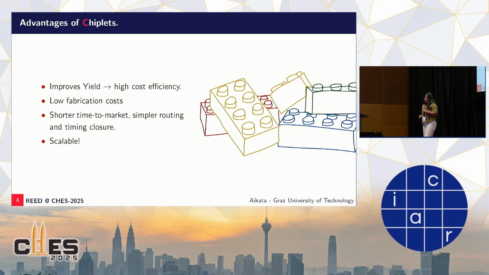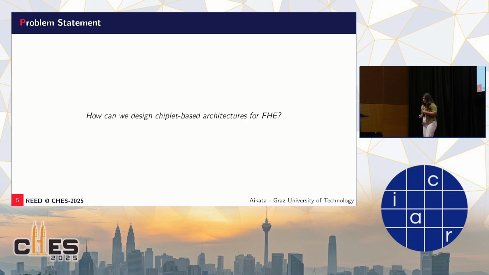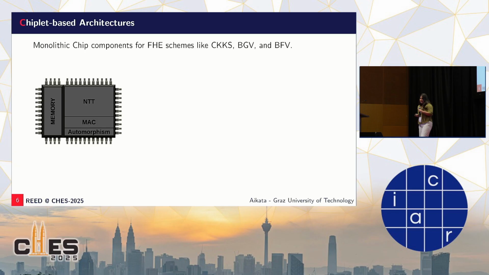Another very important advantage of chiplet-based designs is scalability. If properly designed, you can have a chiplet-based architecture featuring only 2 chiplets up to 8 to 16 chiplets based on different application requirements. And this is a very important advantage of having chiplet-based architecture designs. So with these advantages, we ask ourselves the question, how can we design a chiplet-based architecture for fully homomorphic encryption? To answer this question, we take a high-level look at what monolithic